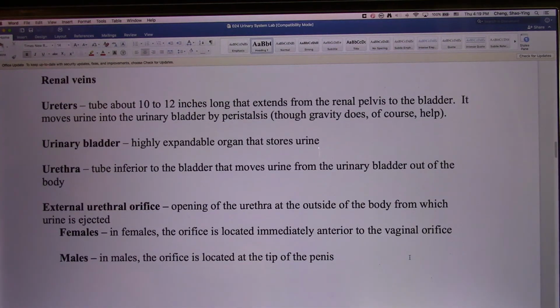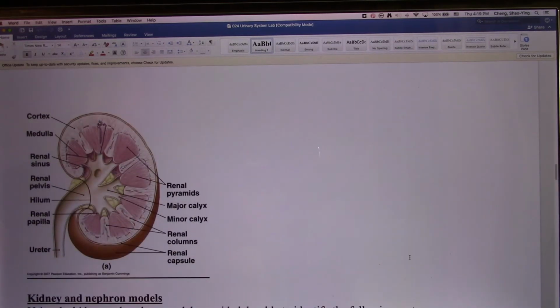So this shows you all these structures in the kidney. I took this picture from your textbook. So basically your kidney model looks like this. You have the cortex, you have the medulla, and these are the renal pyramids. And they're going to use the nephron to filter your blood and form the urine. So the urine is going to come to here, and those urine are going to go to the